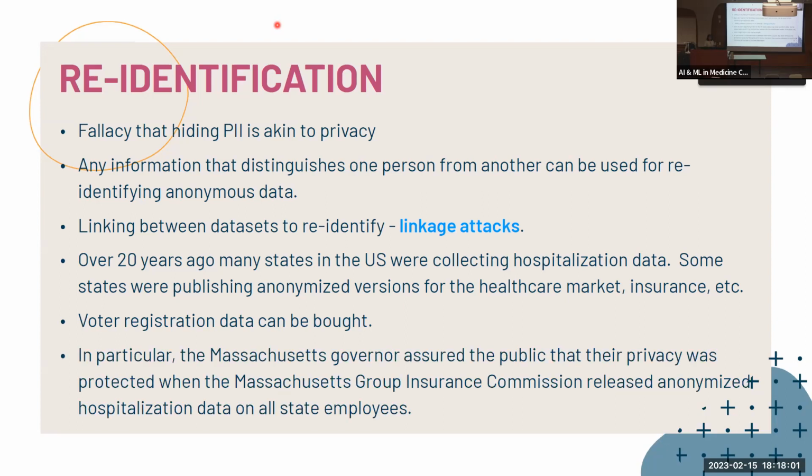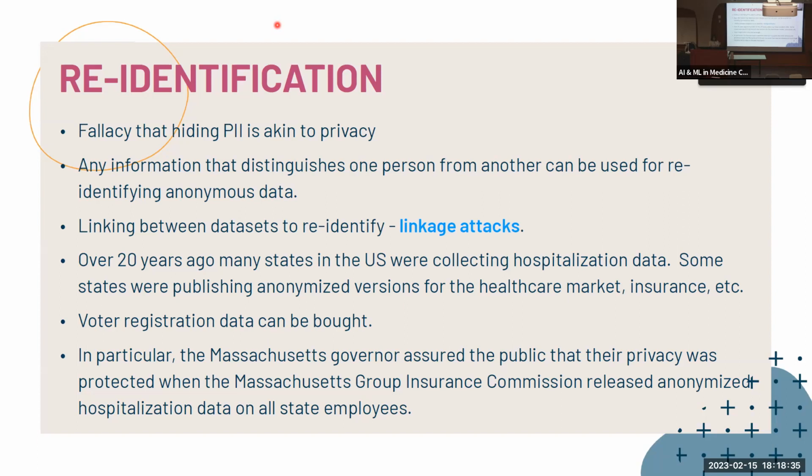So this particular case study is that in Massachusetts, the governor at the time, in the late 90s, early 2000s, wanted to improve the competition in the insurance market. So he wanted to publish anonymized hospitalization data. And since this was the state government, they had control over the hospitalization data of the state employees. So he wanted to release the anonymized version of that so that analysis can be done on it to improve